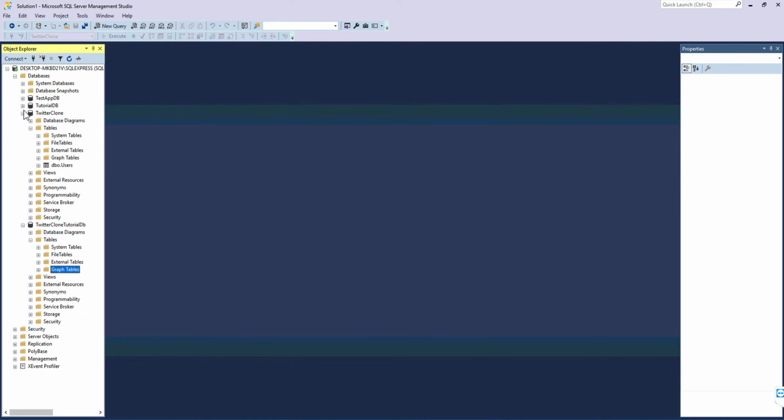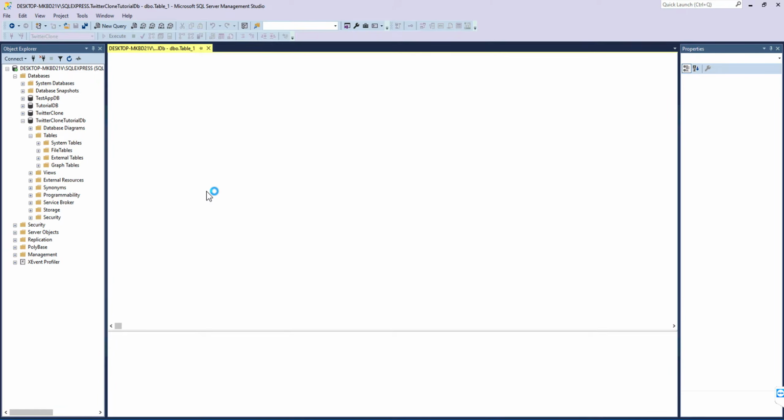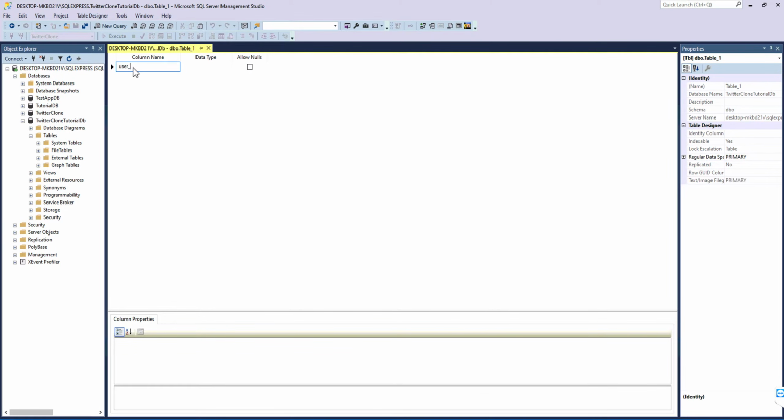So if we look here at our Twitter clone tutorial DB, we should see no tables. So let's go ahead and add a table. Hit new table. Now we'll go user ID, data type is int, not allowing nulls, and then we'll just go ahead and pump out the rest of these really quick. Email, we'll do varchar, let's do varchar max. Actually, yeah, we'll do max, that's fine. Password, same thing, varchar max. So we'll just copy this, put it here, and then first